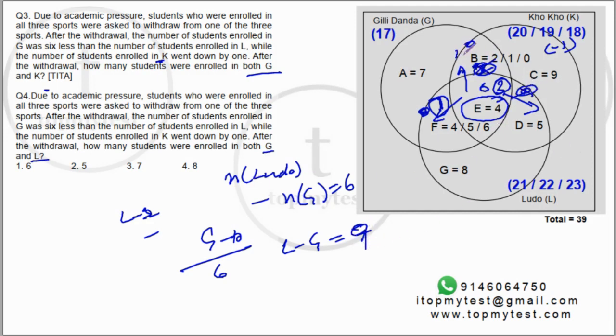Now if I put 1 here and 2 here, this should be L minus 1, G minus 2. So you will get L minus G plus 1 should be equal to 6, which is possible only when L minus G is equal to 5. This is possible. L minus G is equal to 5 and this is 17, this is 22.